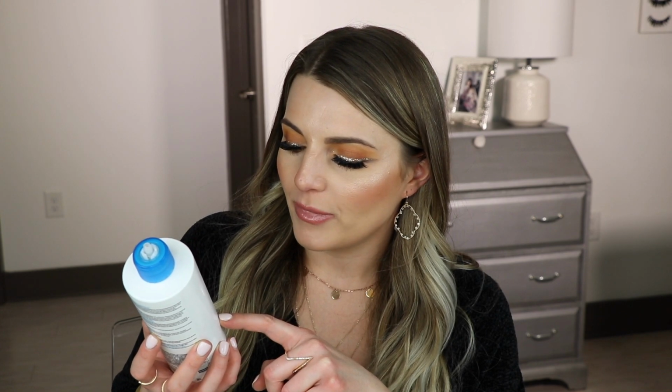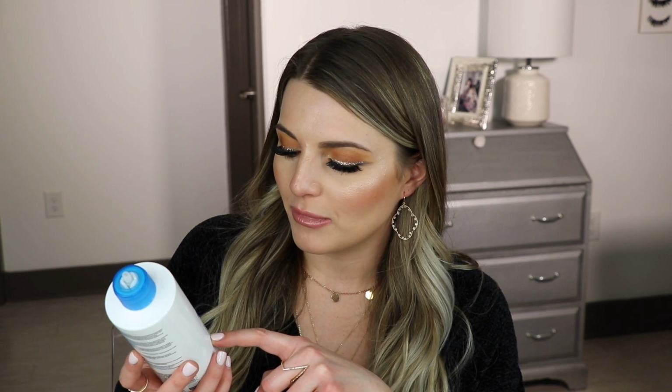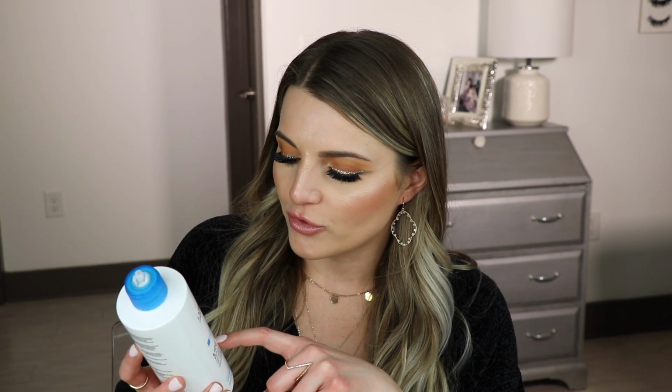And then as far as body goes, I am totally out of this La Roche-Posay body cream. This is the extra dry body and face. I never use it on my face, just on my body. LIPIKAR Balm, Intense Repair Moisturizing Cream. 48-hour hydration, clinically shown to reduce rough, dry skin. You know what? I really did like this stuff. It was really nice. It didn't break me out. It felt good on my skin, but I would have to say, I would repurchase this, but I